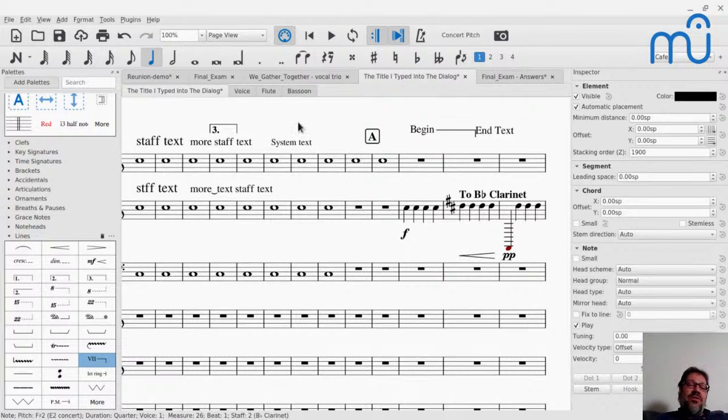And like system text versus staff text, whether you want it on all the parts or not. So it's important to really understand these different types of text and what they're for, and the different kinds of fingering that were there so they display right. Because if you do it right, the playback works the way it should be, the layout works the way it should be, and you won't have to do much, if any, manual adjustment. That's the idea here.